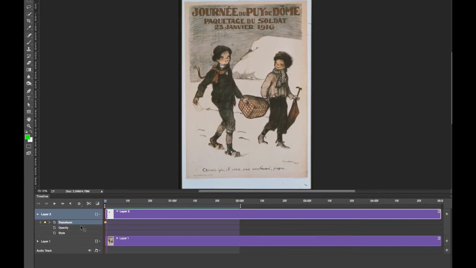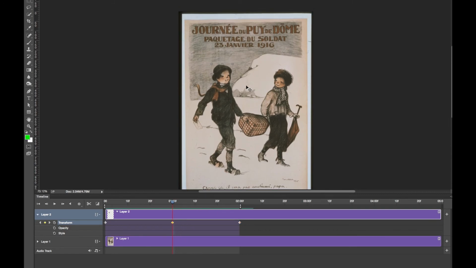I'm going to create a keyframe here. I'm going to go down to 1 second, add another keyframe, go to 2 seconds, and add a third keyframe. And then with this center keyframe selected, I am going to hold down Shift and Option, and I'm going to